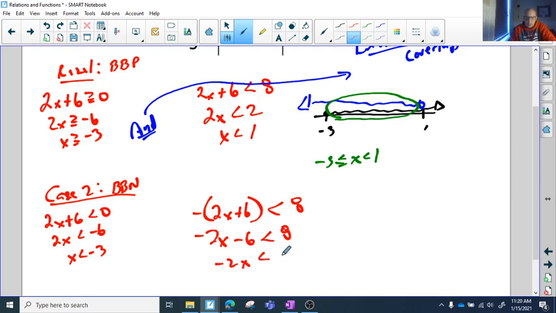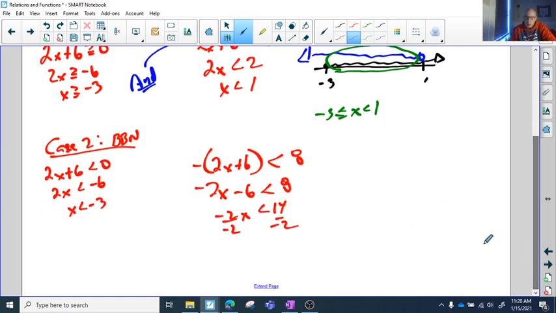Minus 2x is less than 14. Divide by a minus 2. So remember now, if you divide both sides of an inequation by a negative, you must reverse the inequality. So x has to be greater than negative 7. So what I want now is to determine what numbers are bigger than negative 7, but at the same time they're also smaller than negative 3. That'll give me all the possible x values that would work in this case of the analysis of the absolute